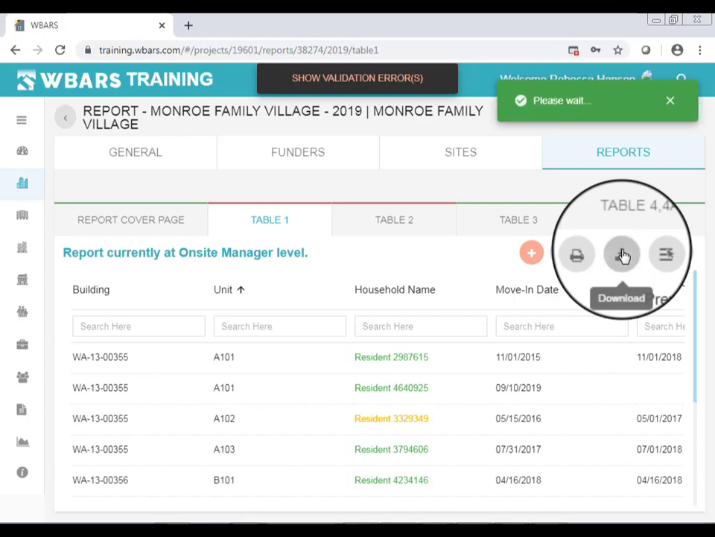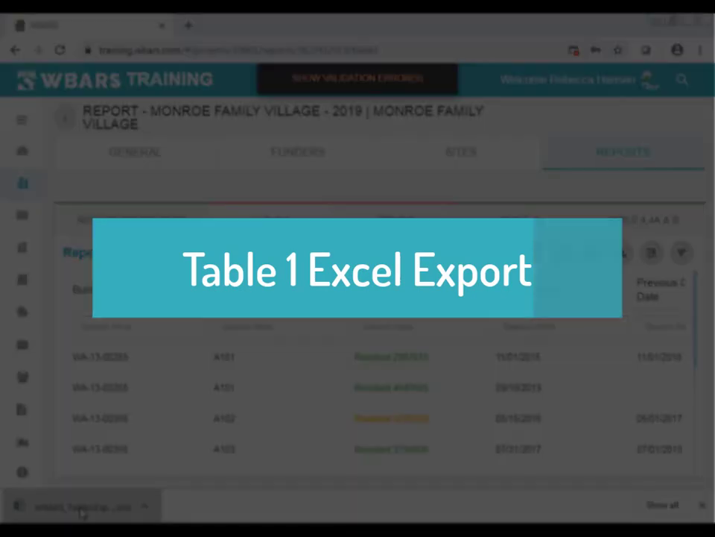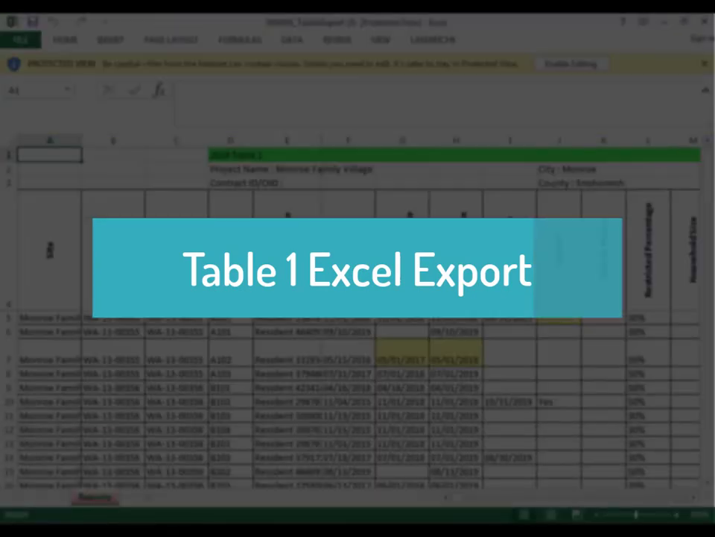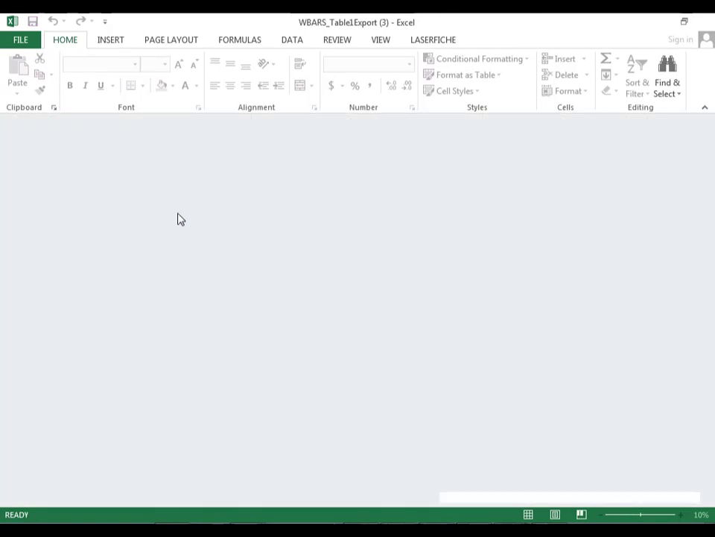When I click on that download button, my Excel export shows up here in the bottom corner. I click on that Excel export, and it is going to open Excel for me. That was fairly quick. This property isn't too large. It might take a minute or so to generate if you have a very large property. So when I first pull this report up, you'll notice that, let me enable that editing for us,